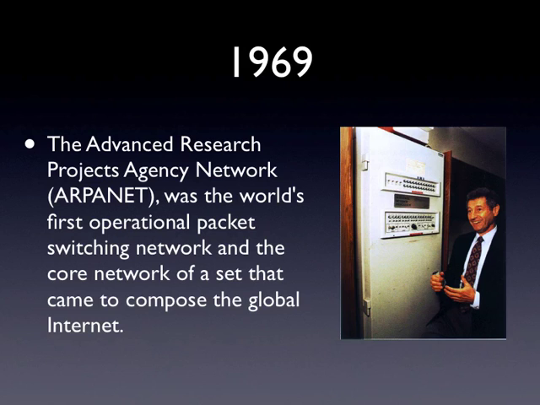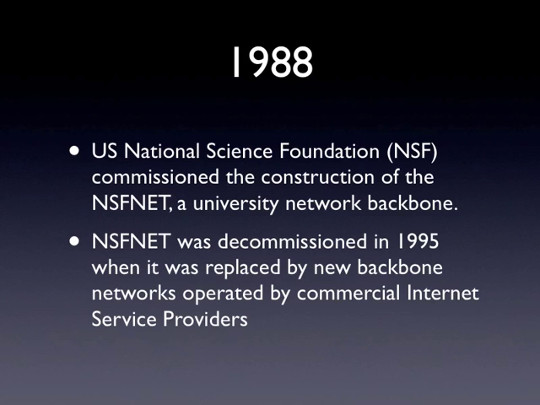So it was the world's first operational packet switching network, and it became the core network that ended up composing the global internet. So then we jump forward quite a way before we start to see, I guess, civilian interest